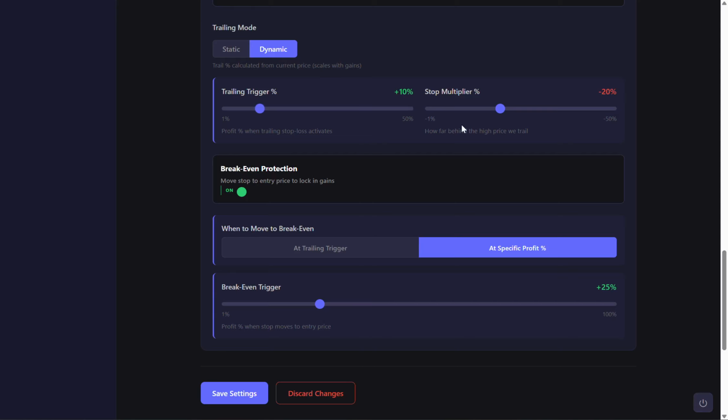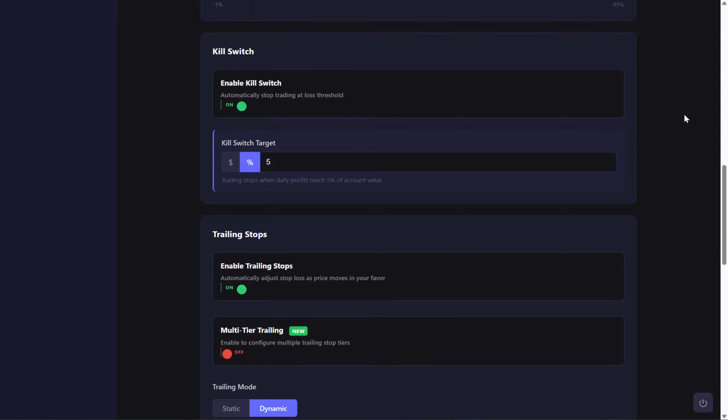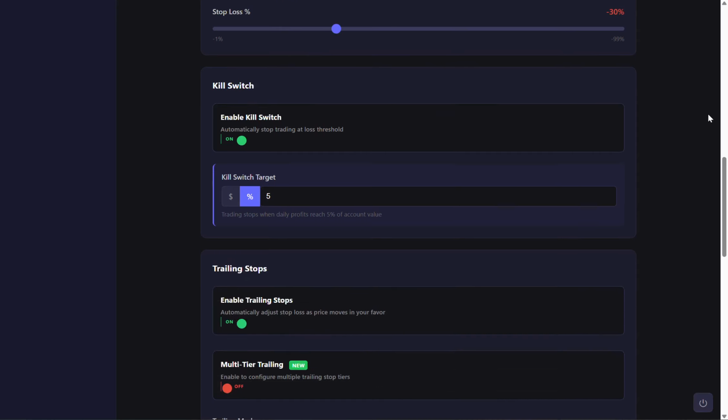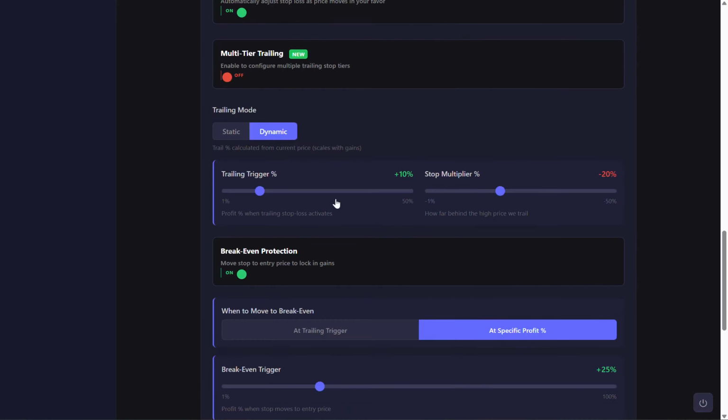Okay, so up to this point, up to that 10% or whatever you have it set, it is going to be at your entry stop loss. So when you enter a trade, your stop loss will be whatever this says here. Okay, and that's not going to move. It's just going to be set. And it'll stay there until you get to whatever amount of profit that you want the stop loss to start